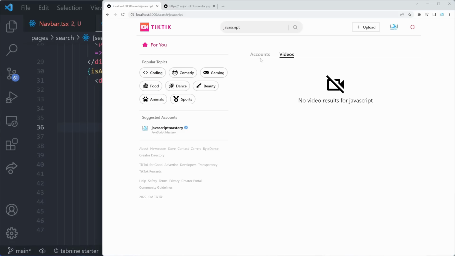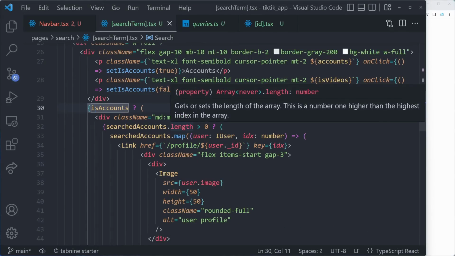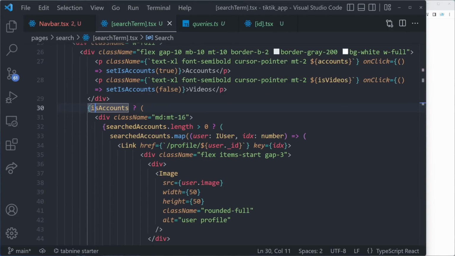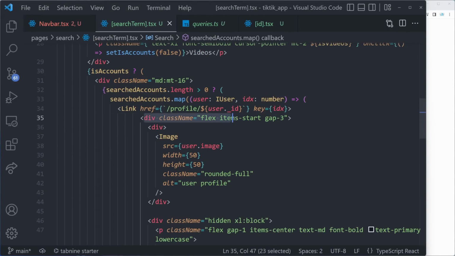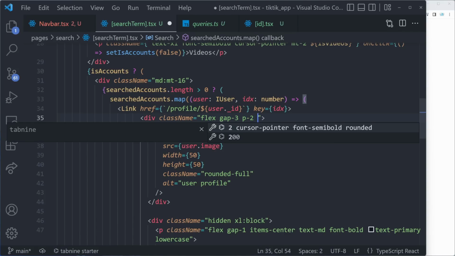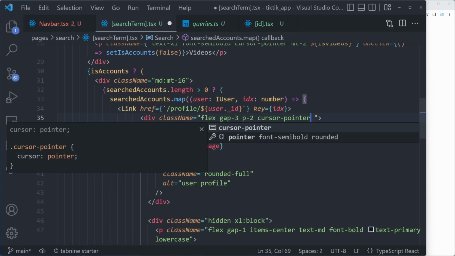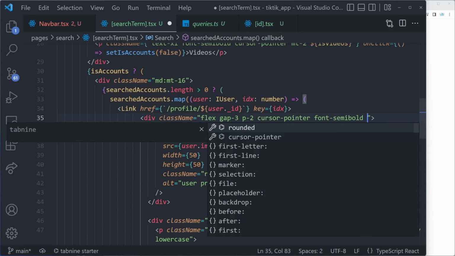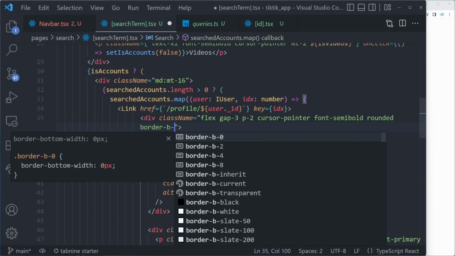Once again, our search with this, believe it or not, is now completely finalized. We can just style it a bit better because for the comment section, we did need this space at the top, but in this case, we don't. So let's simply style it just a bit better. This div right here, wrapping everything, is going to have a few other styles. It will have flex, it will have gap-3. We don't need items-start. And we're also going to have padding-2, cursor-pointer, font-semibold, rounded, border-b-2, and